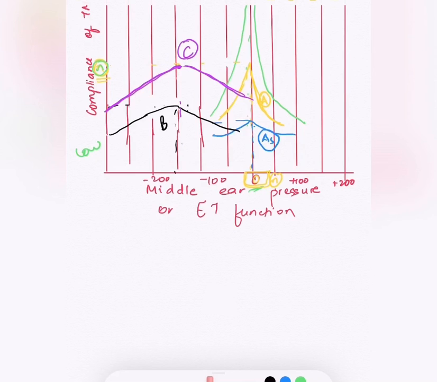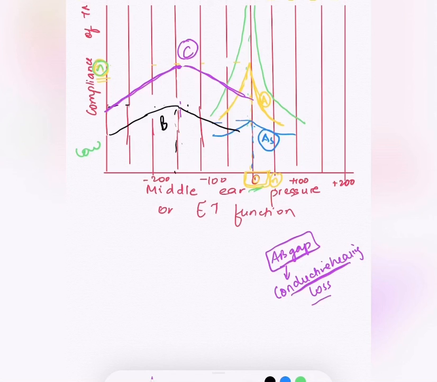Fine, so basically what is happening here, you need to remember that this patient is having AB gap. Okay, now for now just remember that AB gap is seen in conductive hearing loss. Okay, that is enough. I will make a separate video for this pure tone audiometry also. This is also one of the tests that we do for testing the function of the ear, but for now you remember that it is for conductive hearing loss.